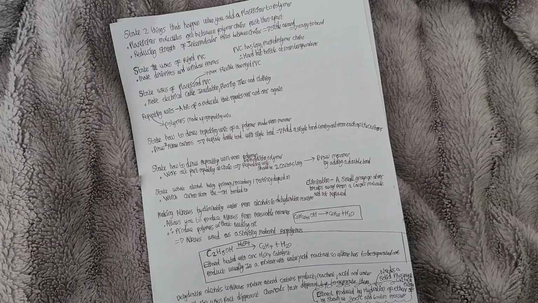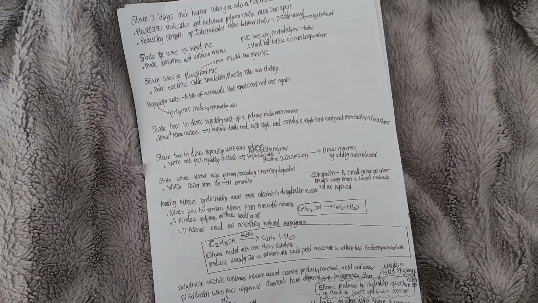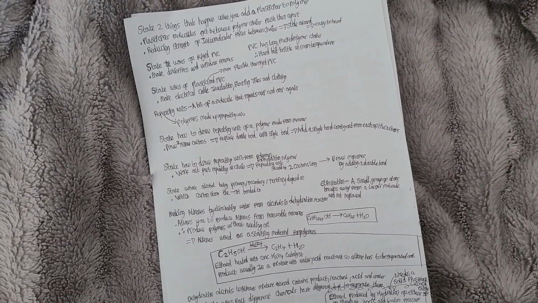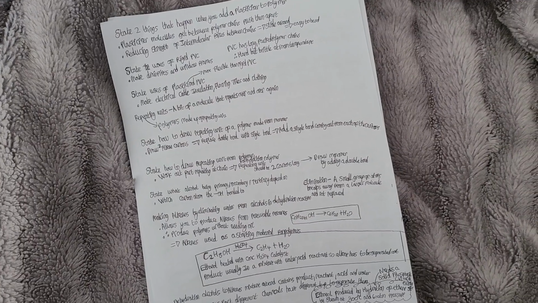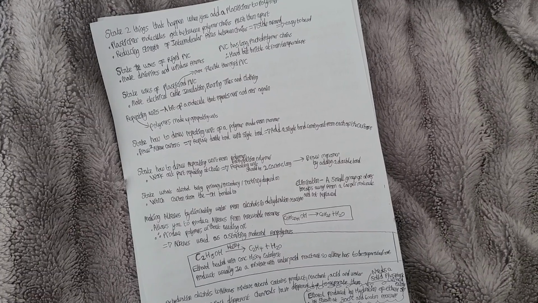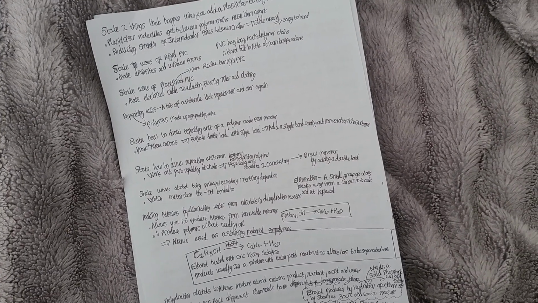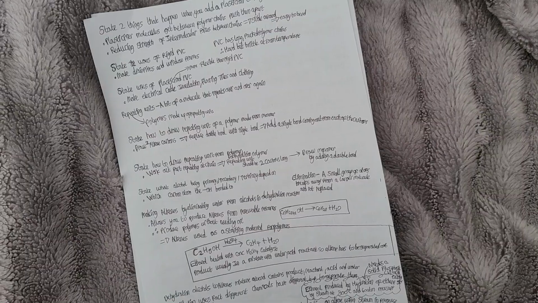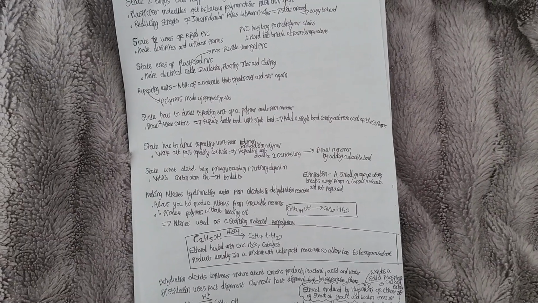So we need to draw two alkene carbons, then replace the double bond with a single bond, and then add a single bond coming out from each of the carbons. Say how to draw a repeating unit for an addition polymer. Work out the part that's repeating in the chain. For an addition polymer, the repeating unit should be 2 carbons long. Then draw the monomer by adding a